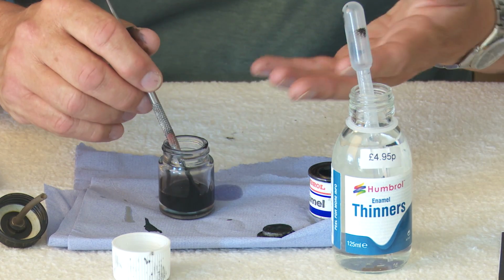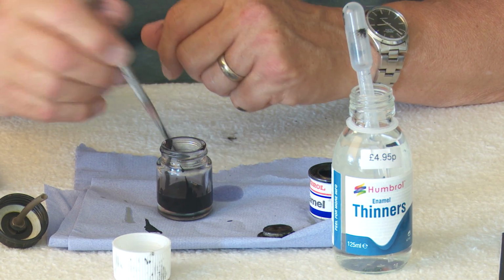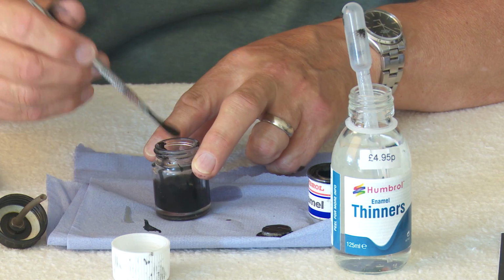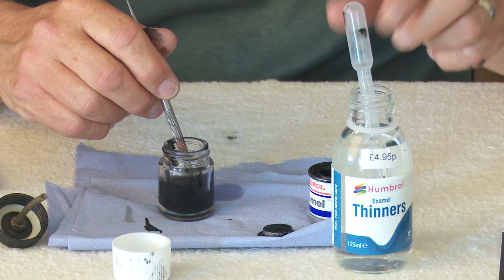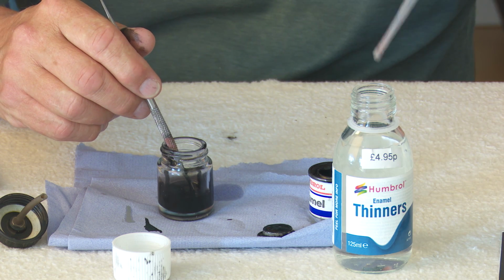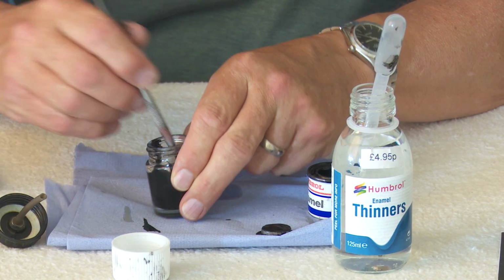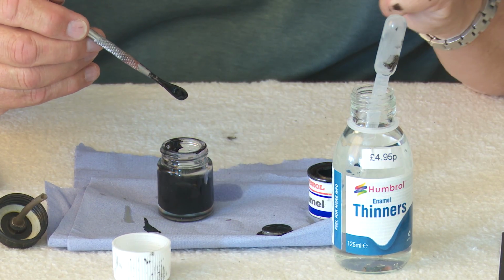And that, did I get black paint on this blanket then? And that's the kind of consistency. We're almost there already. No, not quite. Now hopefully you can see that that is pretty much where we were with the grey primer just a second ago from Alclad. If you find you over thin it, I would tend to ditch the paint. Adding more paint doesn't really make it thicker. It doesn't work in reverse. And there,